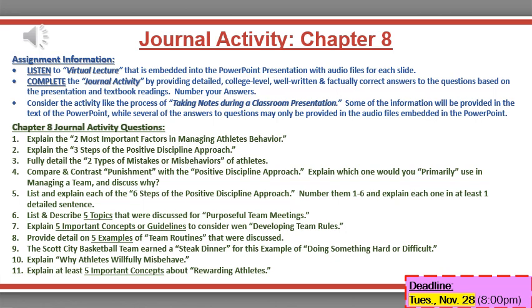For the journal activity for Chapter 8, look at the assignment information first and then the Chapter 8 journal activity questions next. Listen to the virtual lecture. It's embedded in the PowerPoint presentation with audio files for each slide. There are 2 ways to go about it. You can open the journal activity